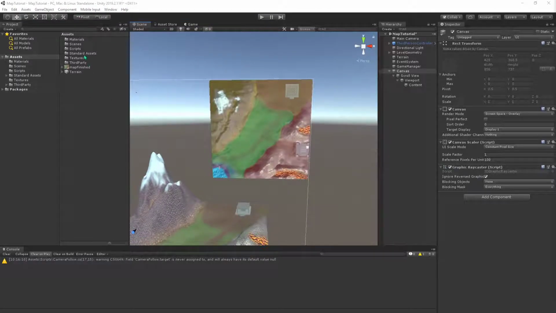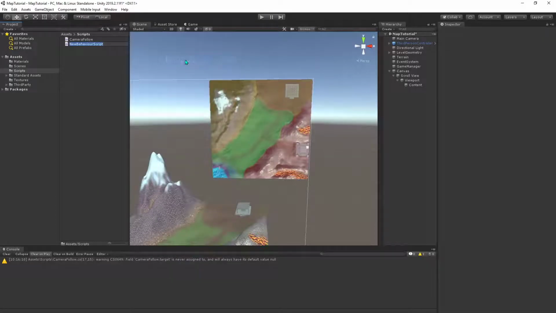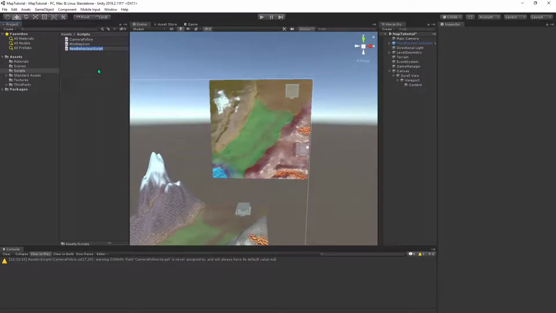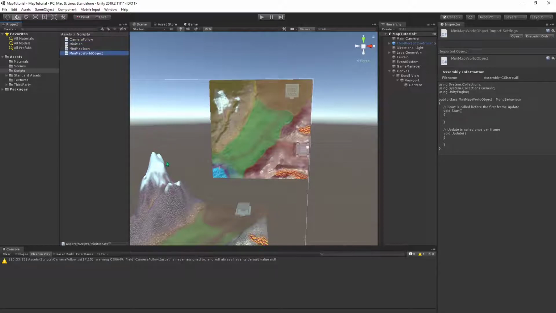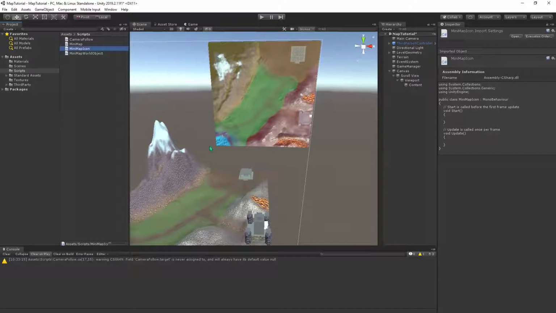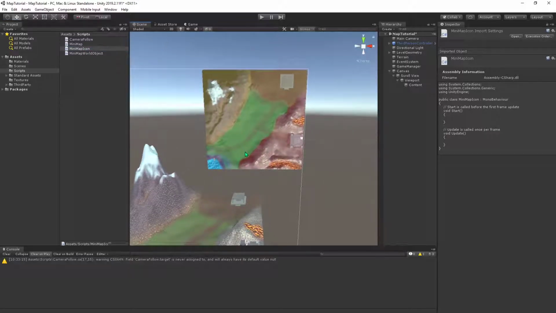Now that we have our map image, let's go ahead and create the scripts we'll need. We're going to have a mini-map icon, a mini-map world object, and of course, mini-map. How this is going to work is we're going to have world objects that move around on the terrain. These objects then inform their corresponding minimap icon, which lives inside the UI element, of their new position every frame. And then of course the minimap is going to have all the logic on how to transform these positions. So let's start with the